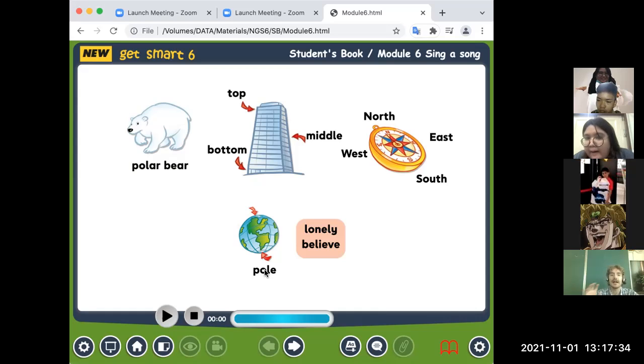For Earth, it's a place on Earth which connects. If you connect North and South Pole, it gives you the line around which Earth rotates.